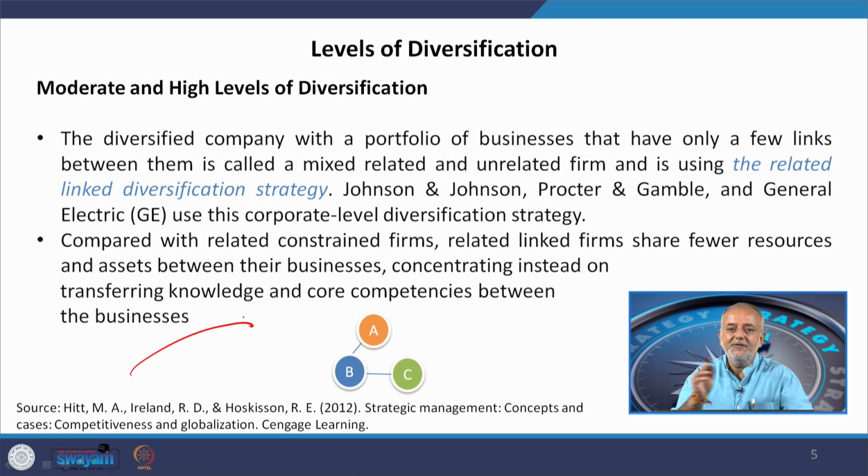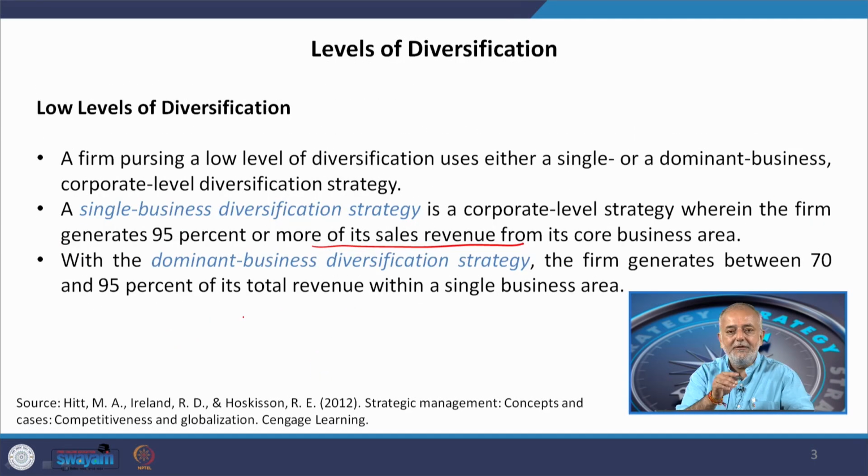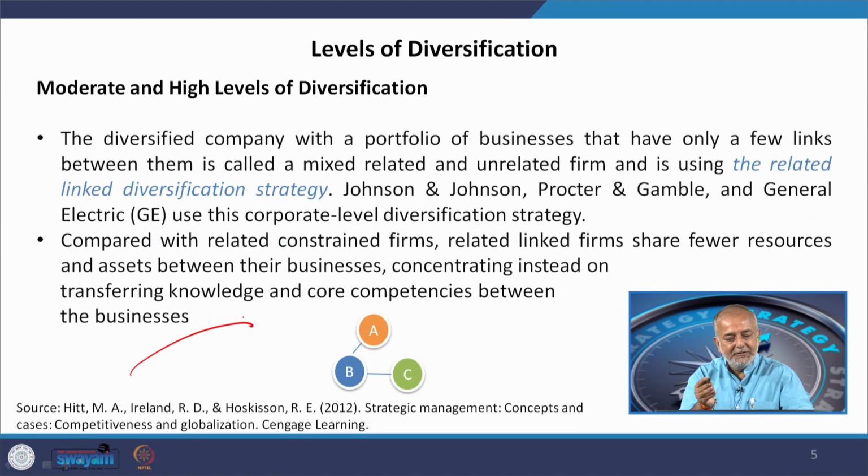And that is how this structure, these low levels of diversification to moderate and high levels of diversification, and then constrained firms, related constrained firms and related linked firms would have evolved, or has actually evolved. If you look into the data and patterns, you would realize, and for that matter you must read the